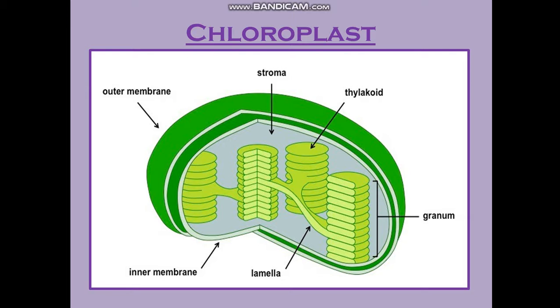Now, coming on to the functions of these chloroplasts, of course you know them. They are light sensitive, so in the presence of light, carbon dioxide and water, they manufacture organic food for the plants by the process called photosynthesis. The entire process of photosynthesis takes place in two steps, the light reaction and the dark reaction.